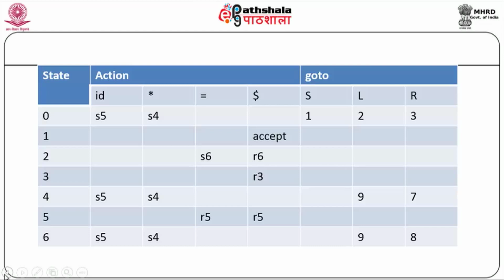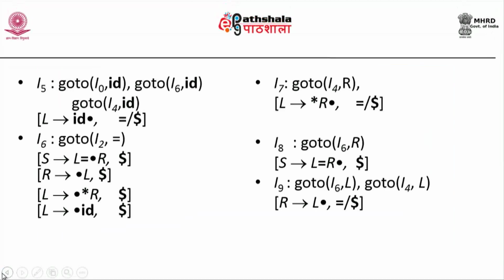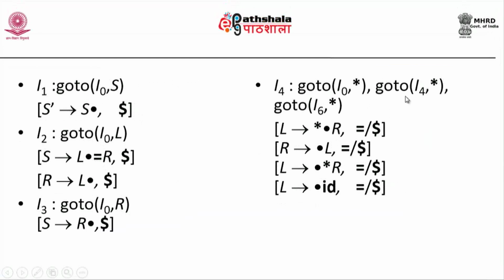So here what has happened is I have 0 and ID is there. So 0 comma ID is S5, 0 comma star is S4. So I naught comma ID is S5, I naught comma star is S4. As is the case, I have actually merged at item 4. If you remember, item 4 has been basically merged, because I said I naught comma star, I4 comma star, I6 comma star will result in 3 different sets of items with a different look ahead. But since none of the items has got a dot at the end, I don't care.